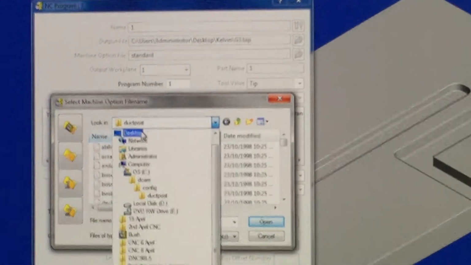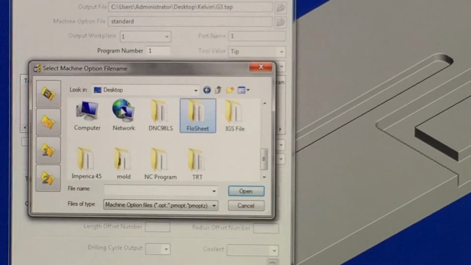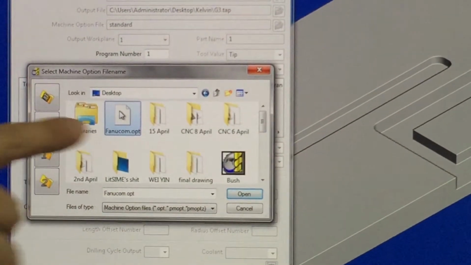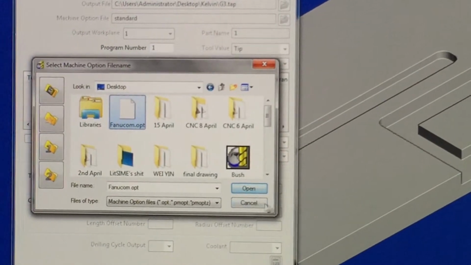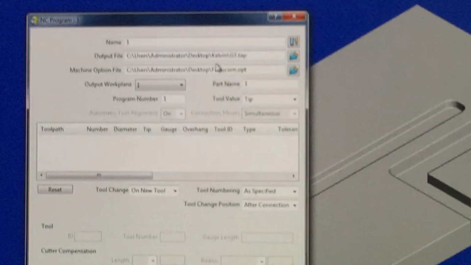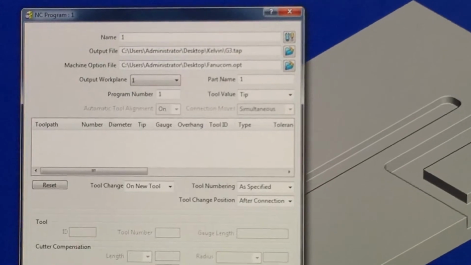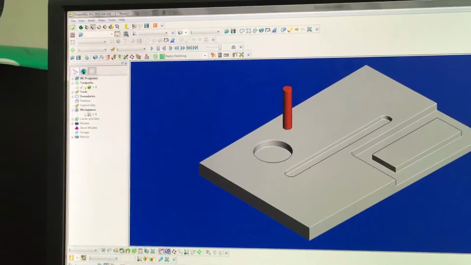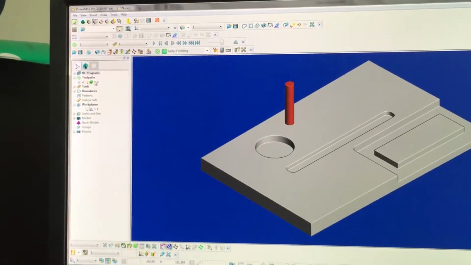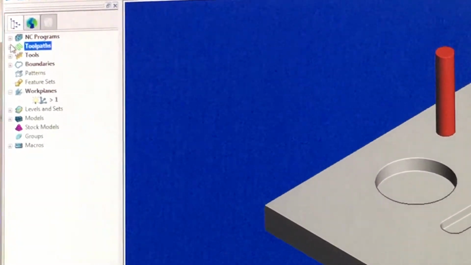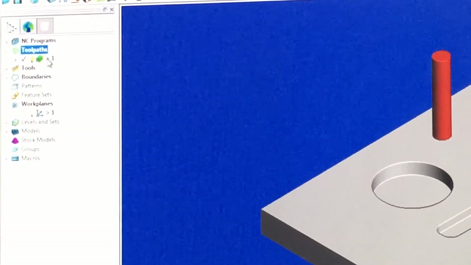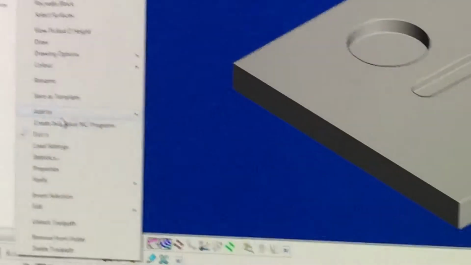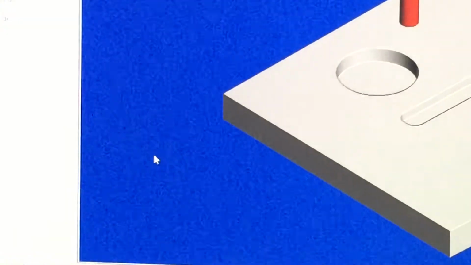So from here, go back to desktop. The file name is F... so yeah, see, fanucom.opt. Click open. Basically, you're done here. Just click apply, click accept. Then under toolpath here, you know how to get to here, right? Each time you create something, there will be a subfolder. So go to number 1, right click,